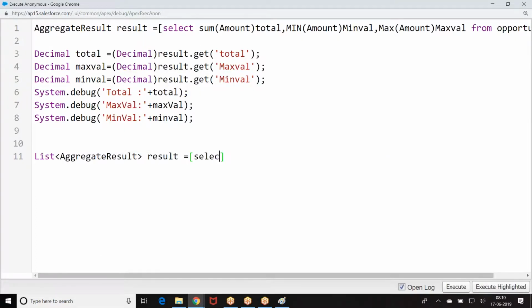Aggregate result, sum of. Why do I get an aggregate result? Because all the data together is one set, I got one result. If you divide them into groups, every group will have one aggregate result. Because I fetched everything as a single group, I got only one aggregate result. If you divide the result into multiple groups, then I am going to get a list of aggregate results. Sum of, look at the point. Stage name.